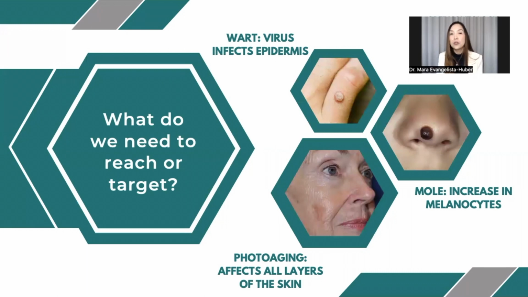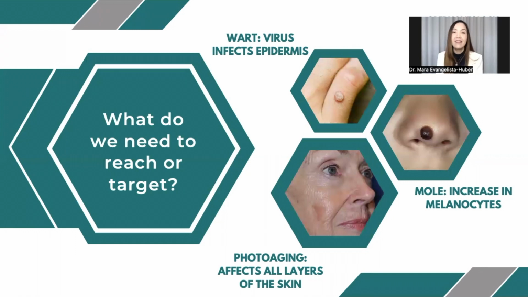The other photo shows a mole, which is primarily a proliferation of melanocytes in the skin. Melanocytes are found in the dermoepidermal junction, which is the lower part of the epidermis. Benign moles can involve the epidermis, the dermis, or both. We don't use topical products when addressing moles. Excision or surgical removal of the mole is recommended if the patient wants it removed. This way, we can also look at the mole under the microscope in case there is concern that it is